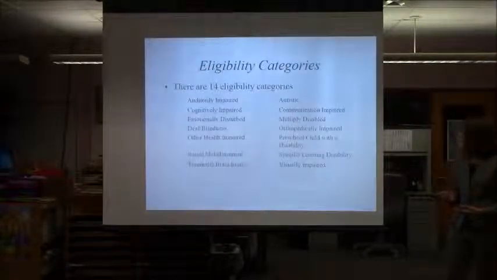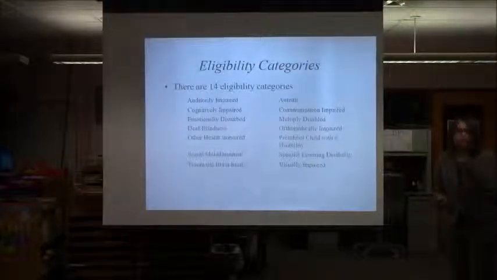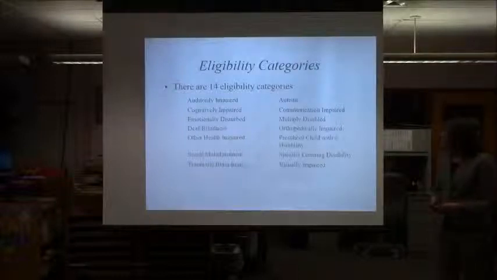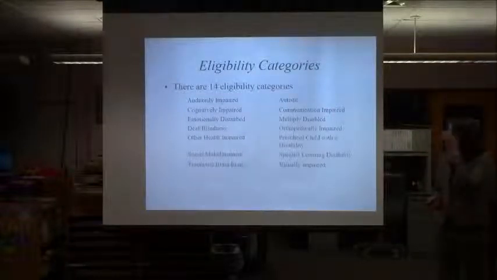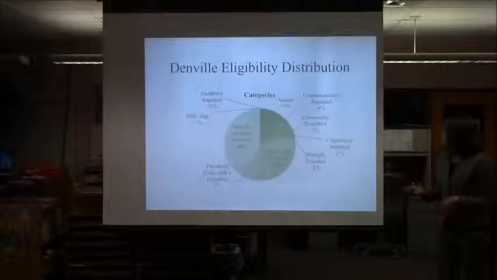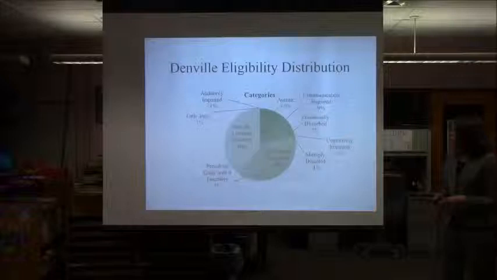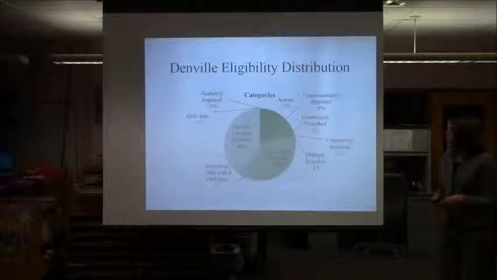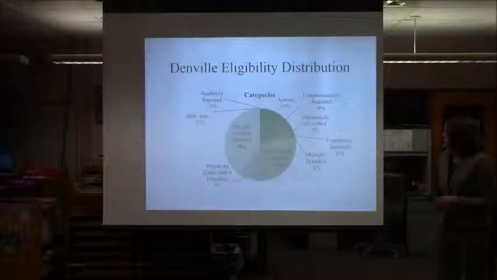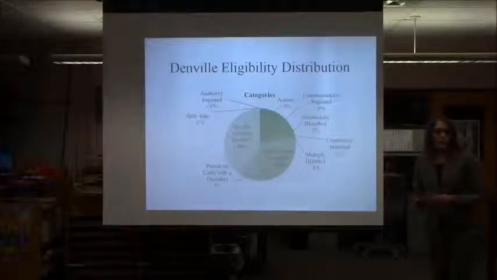And there are 14 possible categories that the state has outlined for districts as to whether or not a child would be eligible for services. So we have them all listed here on this presentation or on your slides that you printed out. So there's 14 categories, like I said. And I'm just going to give you a little overview of the current types of classifications we have here in Denville. So out of those 14, the highest proportion tends to be in specific learning disability, with 40% of eligible students